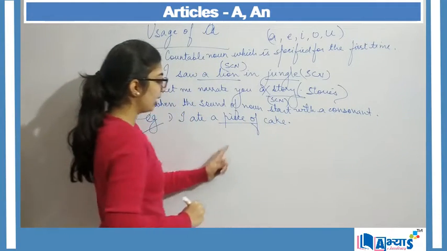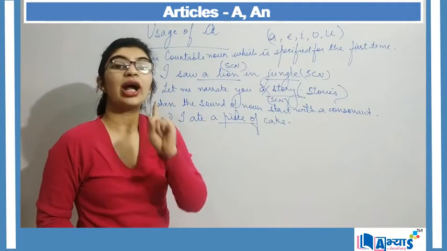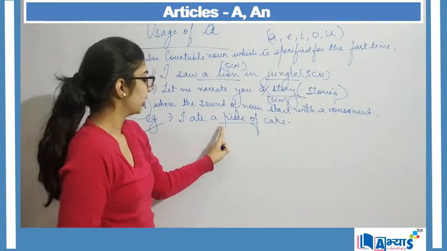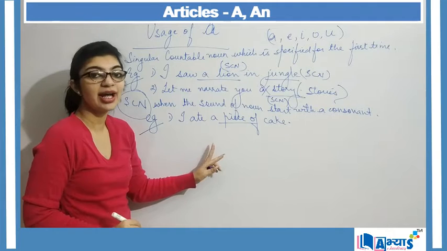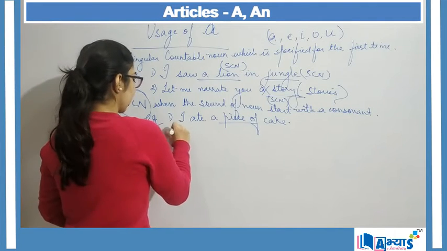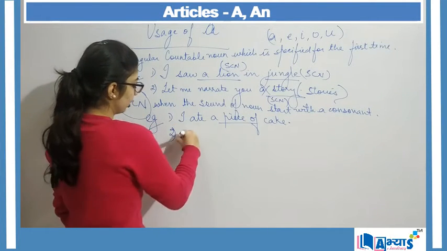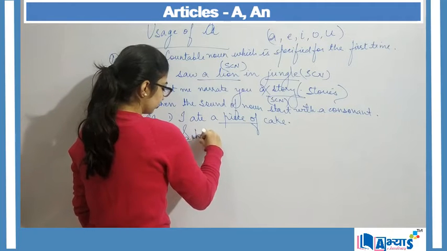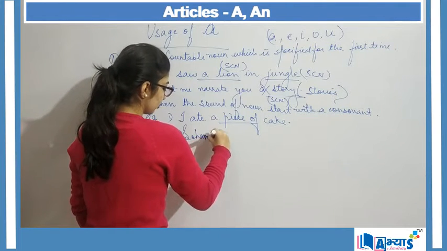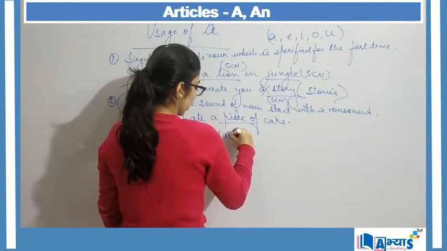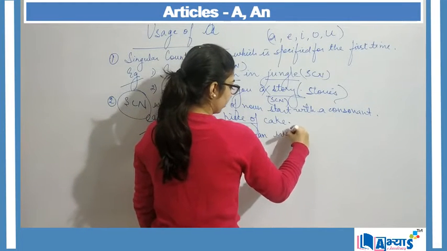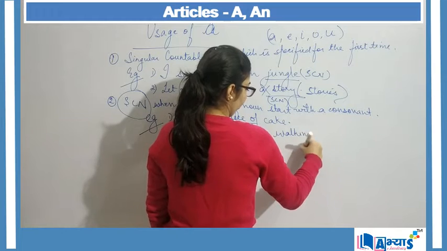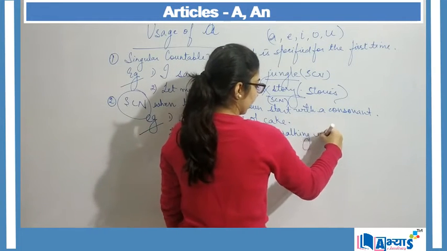Now here again, a piece of cake, only one piece of cake, right? Here P is a consonant, so before that I am making use of my article a. Another example can be: Sohan saw a man walking in